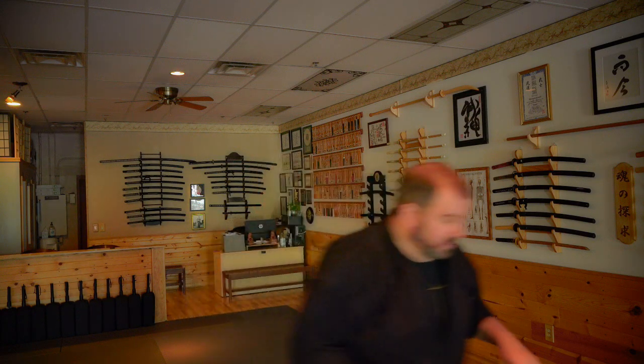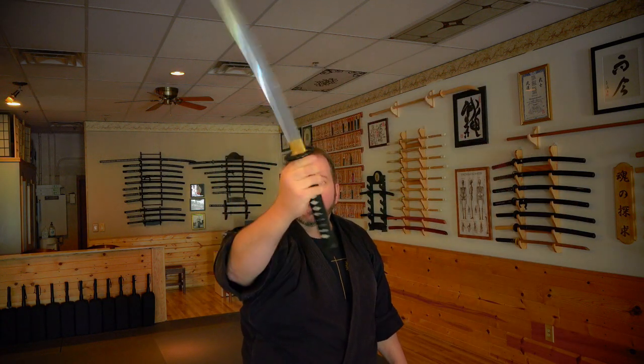Then, when you get cocky, arrogant, you change weapons. Shoto, wakizashi. We used this last night in class. Now you're going to do it one-handed, here. One-handed from Seigan or Naka Seigan no Kamae here. Drawing your blade downward this way,